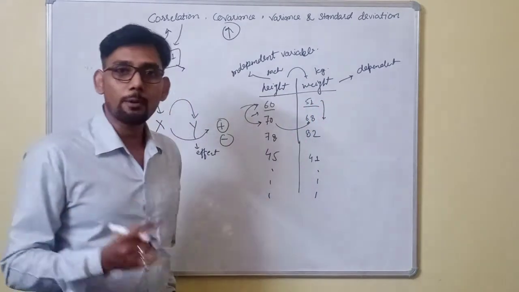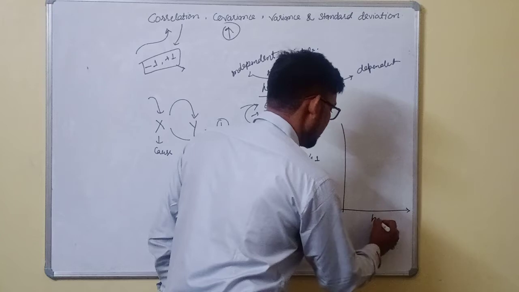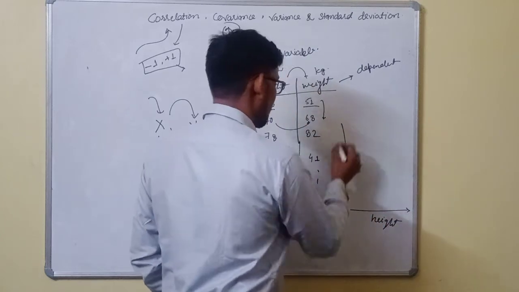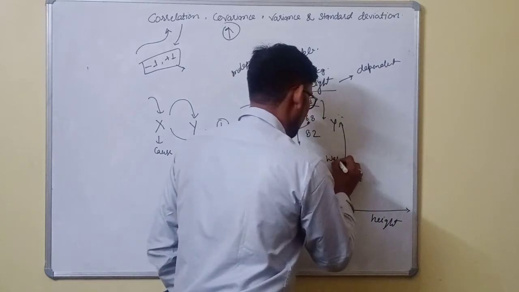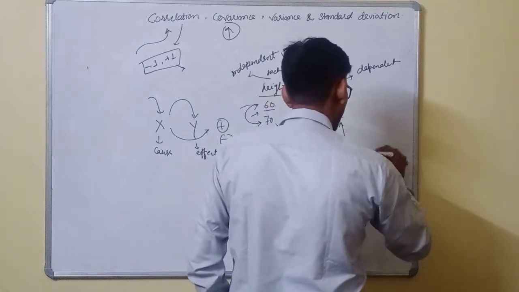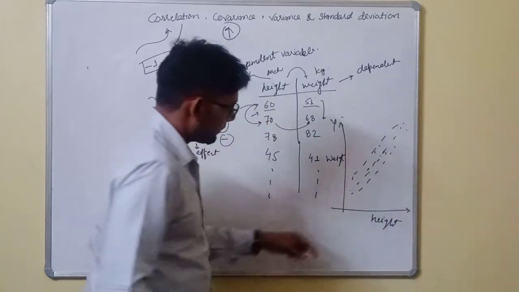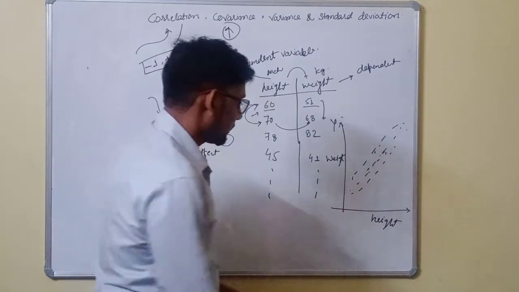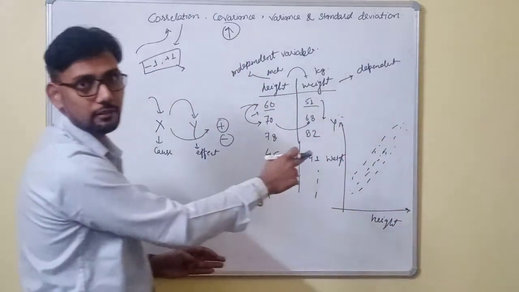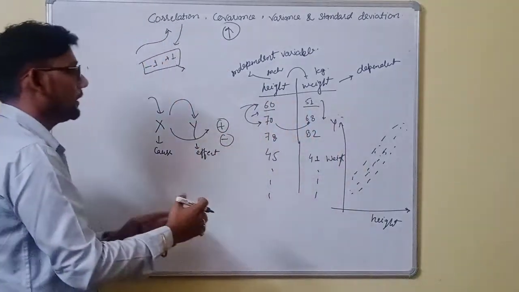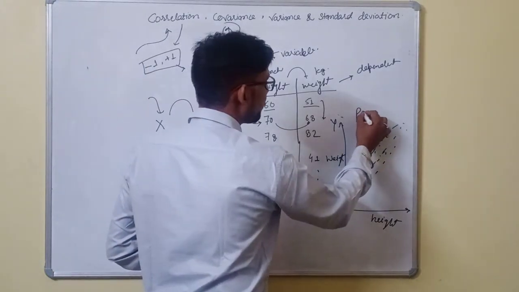It means there is a positive correlation. If you plot the graph on xy dimension, where x is the height and the y dimension denotes the weight, the points look like this. It means if the height increases, automatically the weight would increase, and it's often real, right? The person with more height has more weight. So this is called a positive correlation.